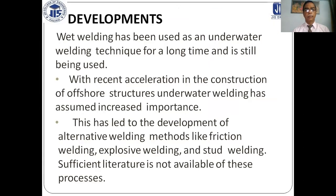Development. Wet welding has been used as an underwater welding technique for a long time, and is still being used. With the recent acceleration in the construction of offshore structures, underwater welding has assumed increased importance. This has led to the development of alternative welding methods